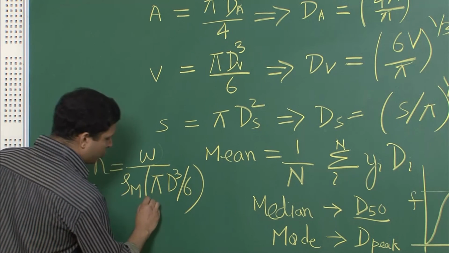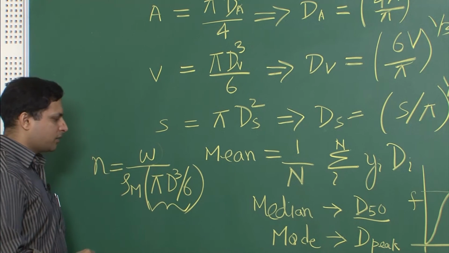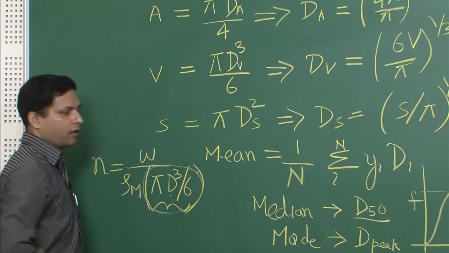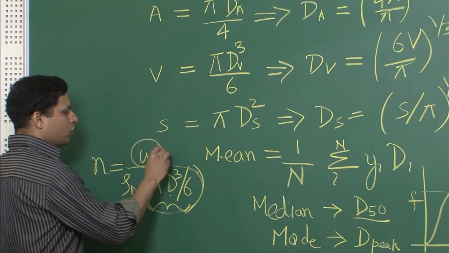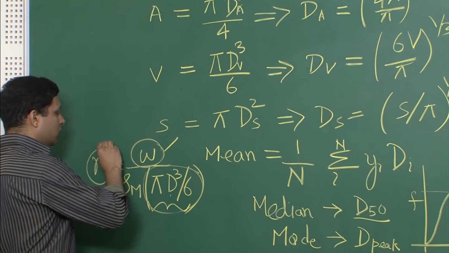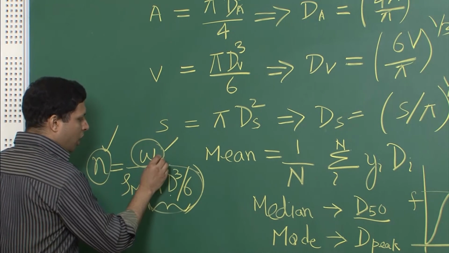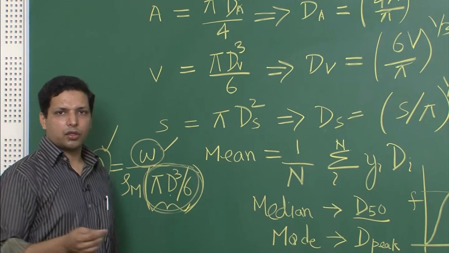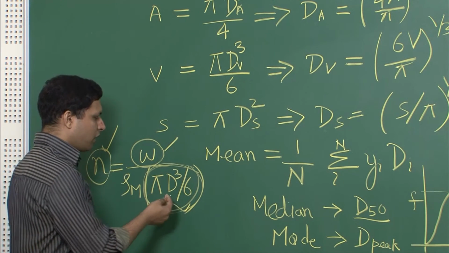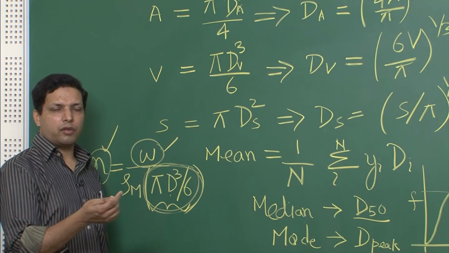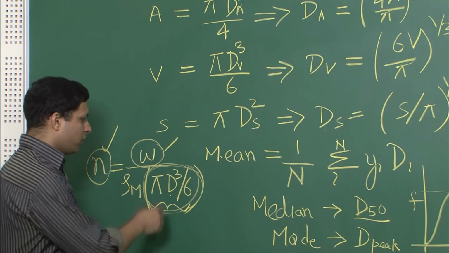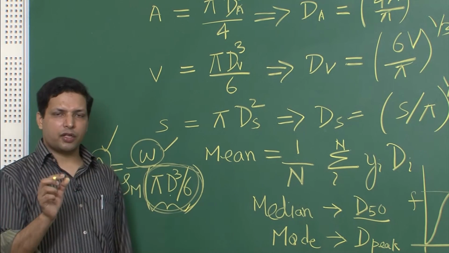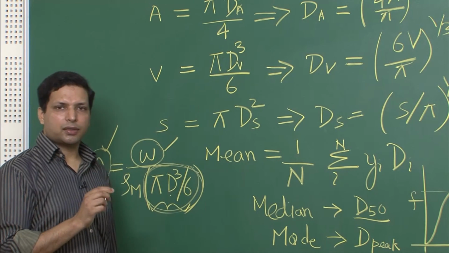Now you see we have assumed here a spherical particle. If we had assumed some different shape, then this quantity will be different. So this is your weight basis plot, this is your number basis or population basis plot. How much it is shifted is determined by this value, and this value will depend on whether you are taking a spherical particle. If you had a flake, it may have a constant thickness, so it will become pi d square by 4 into h. So it will be proportional to 1 over d square instead of 1 over d cube that is over here. So the amount of shift will depend on what particle shape you are assuming.